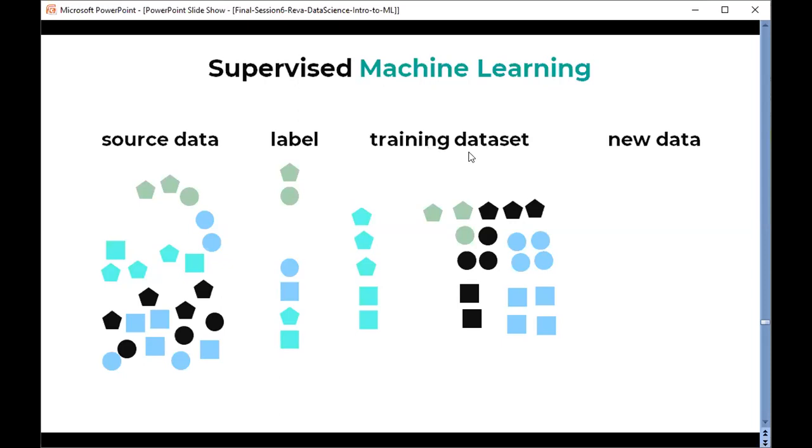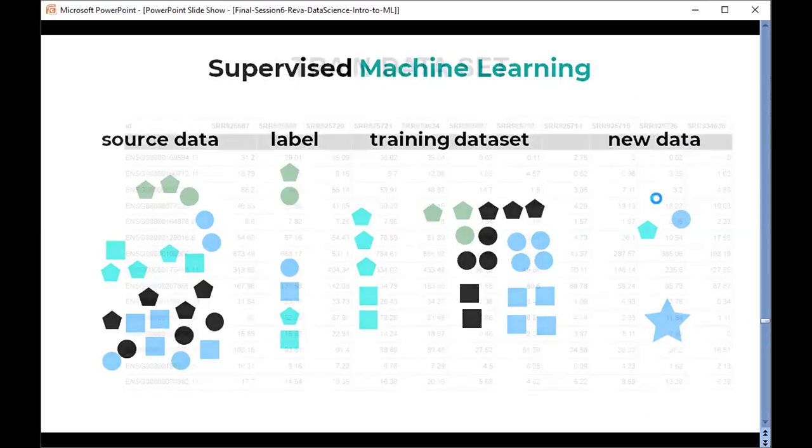A supervised machine learning method learns from the differences between the various classes present in the training data. Once the learning is established, you have a model developed from the training data, and it is able to predict the labels of new data, that is, test data.